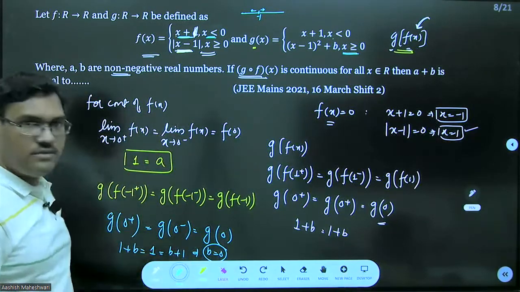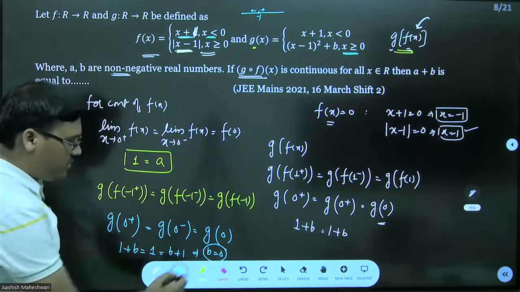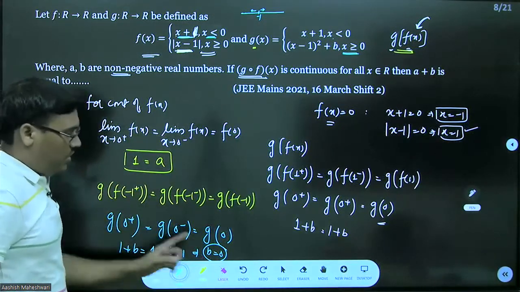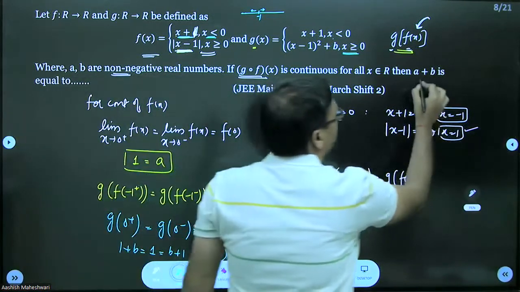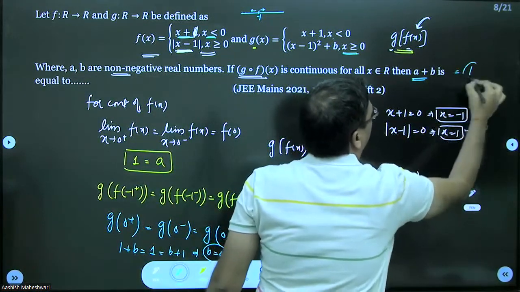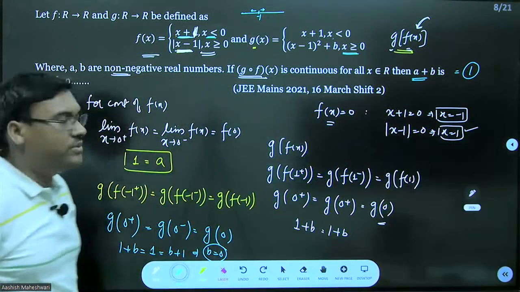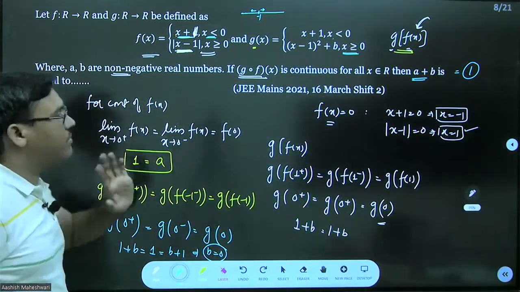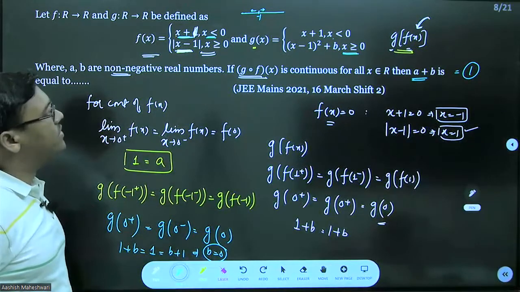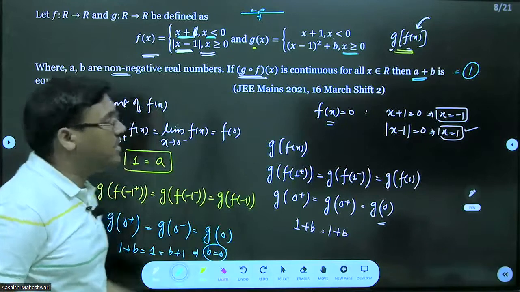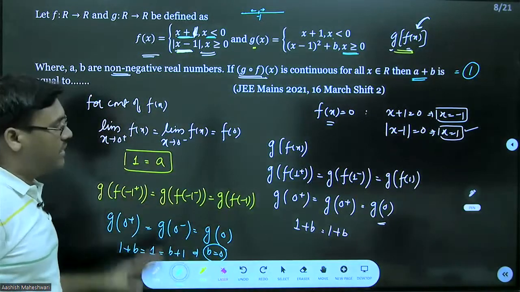I hope this is clear, visible है, this is b is equal to 0. Now we have got b is equal to 0, we have got a is equal to 1, so what is a plus b, a plus b is equal to 1. I hope this is clear. This was a real complex question, थोड़ा सा इसमें tricky part था, otherwise तो that is one, another way is you define g of fx function and then you solve this function, ठीक है।